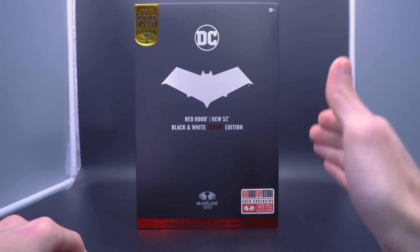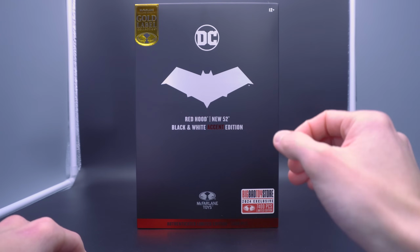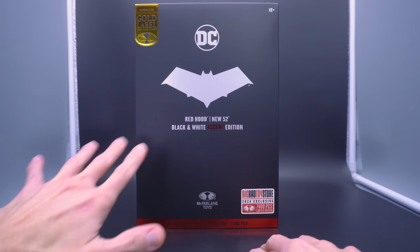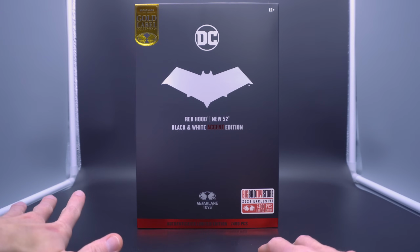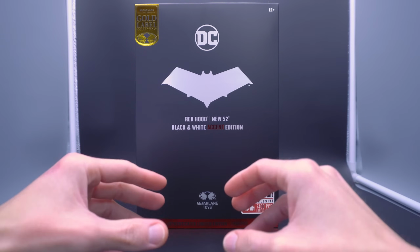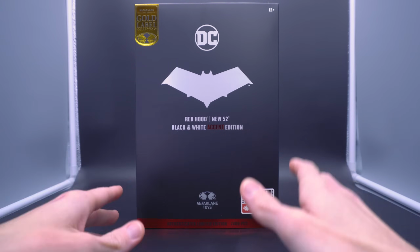Thankfully, I can honestly say that I'm happy with this Red Hood release. Don't get it twisted, it's still in fact a gimmick on McFarlane's part, but I would say this is one of the few areas to do it right. It's an accented version of a previously released figure, only this time with a little bit of extra attention to detail,